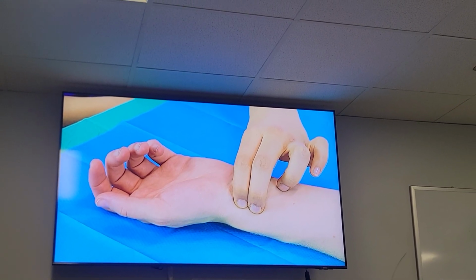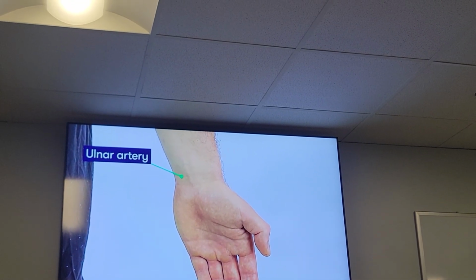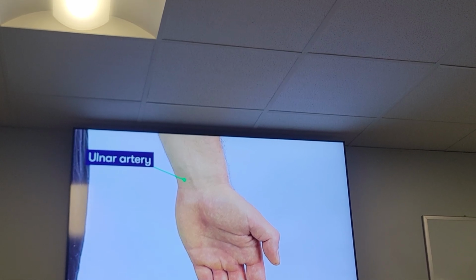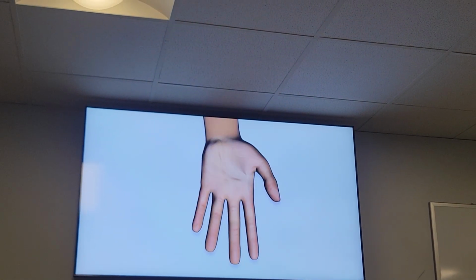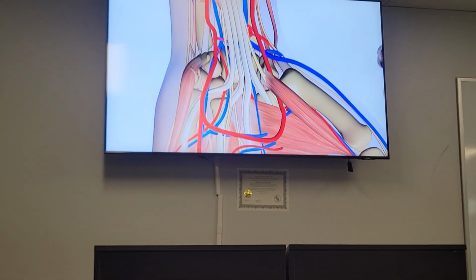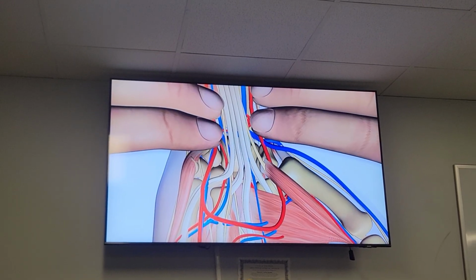Once we are happy that there is a good radial artery pulsation at the proposed site, we must then ensure that there's an adequate collateral arterial supply to the hand via the ulnar artery. We achieve this by performing the Allen's test. So remember that this involves applying pressure at the site of the radial artery, as well as the location where the ulnar artery should be present. The patient then makes a tight fist,